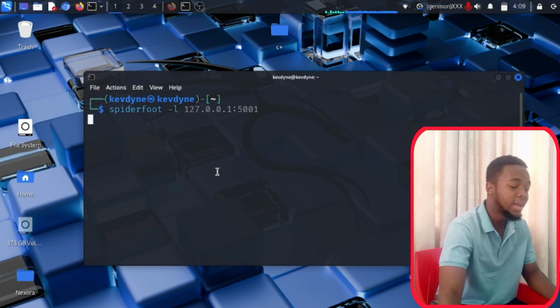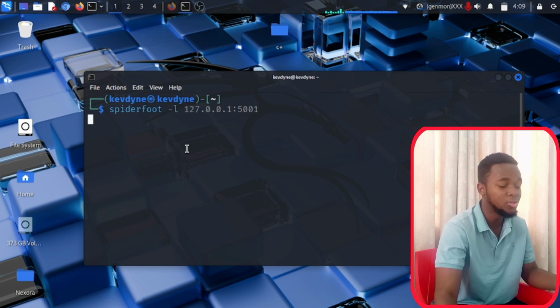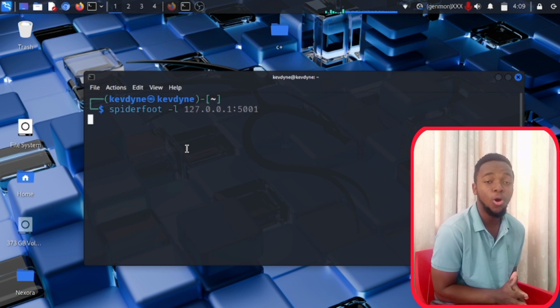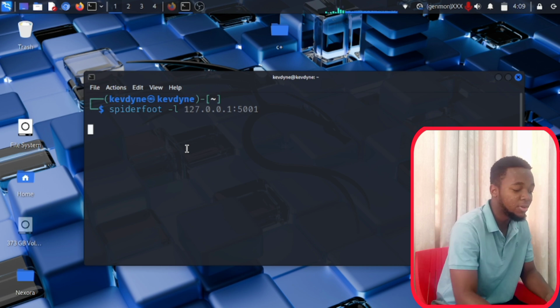They all work. And after this IP address that you have just put right over here, you can put a colon and type in the port that you want this to open on. You can just type 5001, or you can just type port 80, any port you want, right? Now when you press enter right over here,